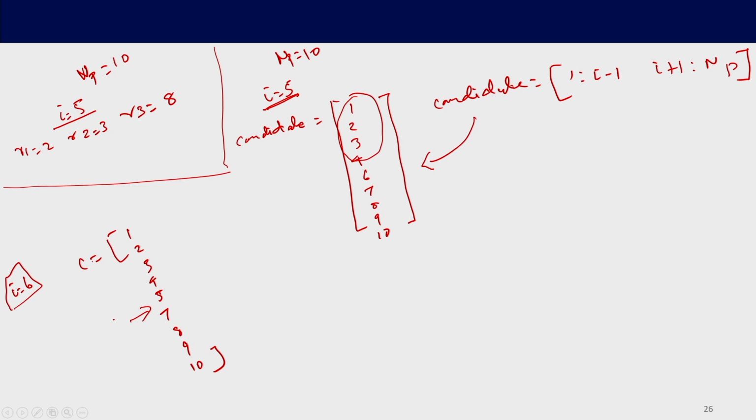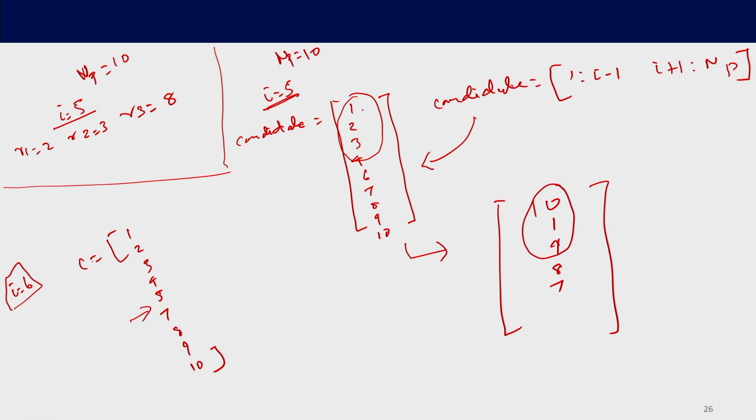Once we have this, we will randomly permute it. When we randomly permute, let us say we get 10, 1, 9, 8, 7 and so on. Once we randomly permute this vector, the first 3 numbers will be unique, because all the numbers are unique and they do not contain the solution 5 which we need to avoid. Since all of them are unique, I can randomly shuffle them and take the first 3. That way we will be able to get 3 solutions which are unique and not equal to the ith solution. This is the strategy that we will employ to generate the random solutions.